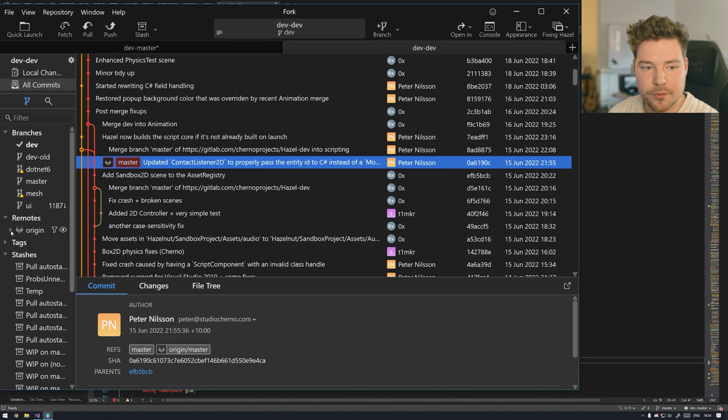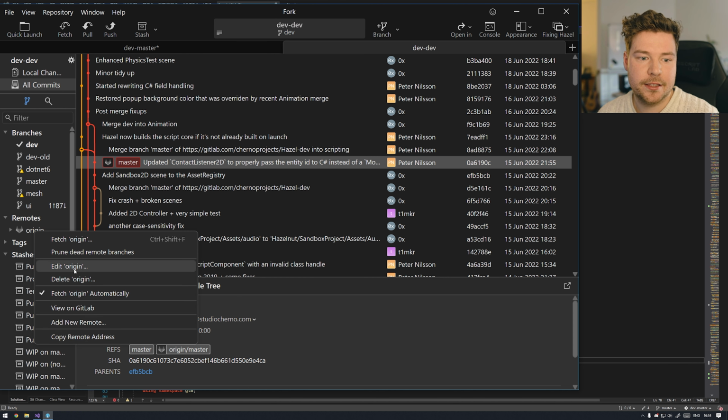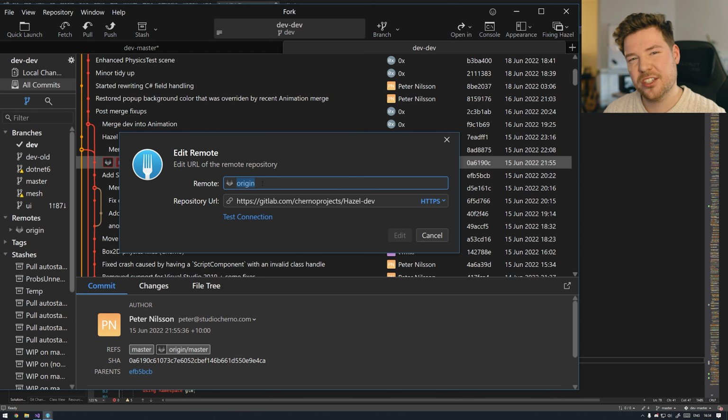So we can talk about remotes as well. There's going to be a Git tutorial, but remotes basically are the remote copies of the repositories. So they're basically servers that are hosting your repository. You can have multiple, obviously, like you might push your repository to GitHub and GitLab. If you wanted to, you could partially push certain branches to certain repositories. You can keep other branches private and not push them into a public repository. But if we just edit this, for example, you can see that origin is just a name. I don't know why it's called origin, I guess because it's like the host. But you can see that it's pointing towards the main Hazel Dev repository, which is the one that's